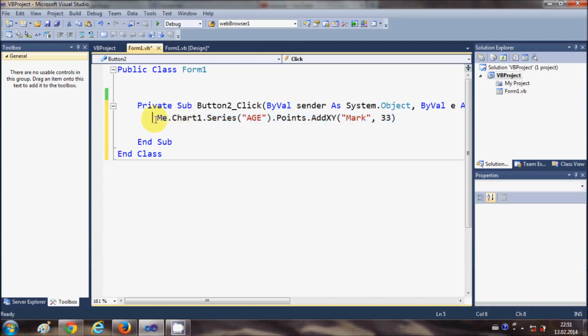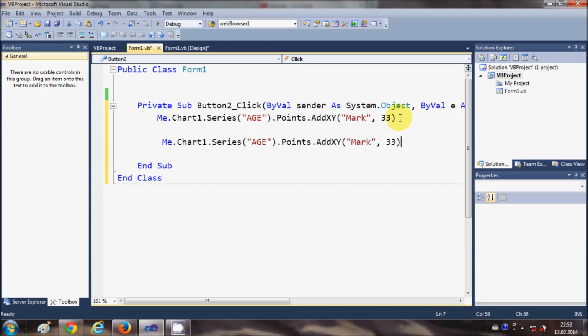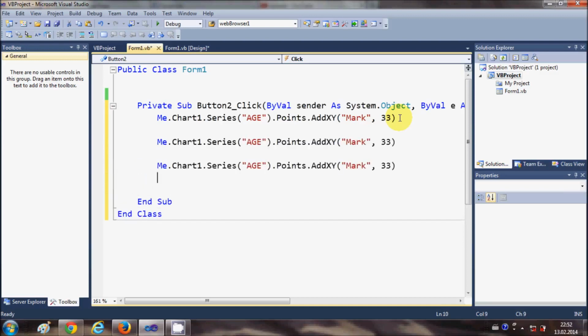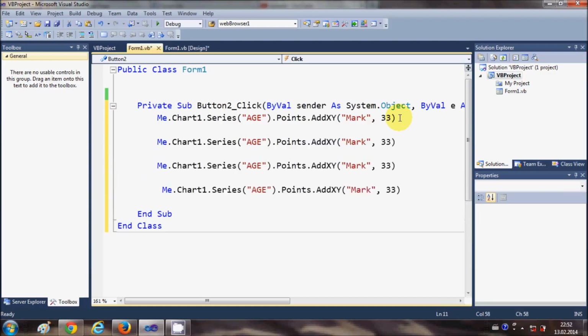of your chart, right? So for example, I want to show multiple bars. I will just copy and paste it 4 times, for example, and I will change the name. John, and age is 50, and the age is 20, and the age is, for example, 40. And now when I run the program